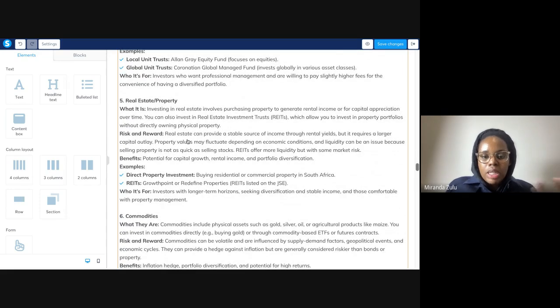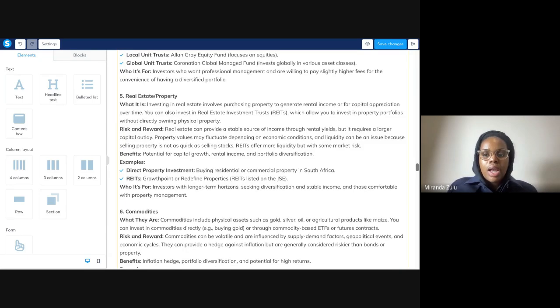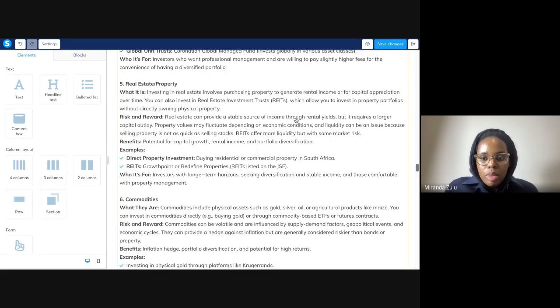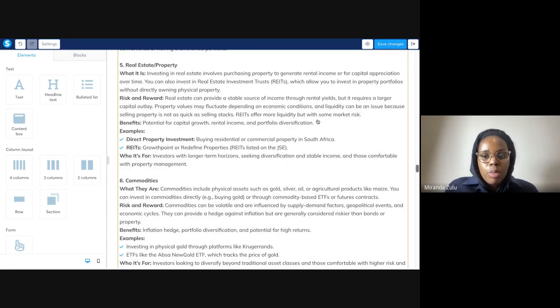Real estate property is also great to invest in. You can also invest in REITs, which is real estate investment trusts, which allows you to invest in property portfolios without actually owning the physical property. So without applying for a bond and owning the property, it's like you're investing in a company that owns properties and you get a share. So it's almost like you've bought a share in a company that owns properties and you get a return on that. So REITs offer more liquidity,